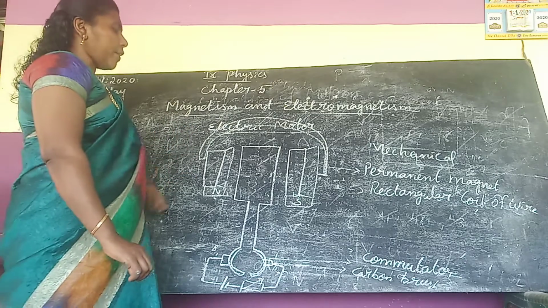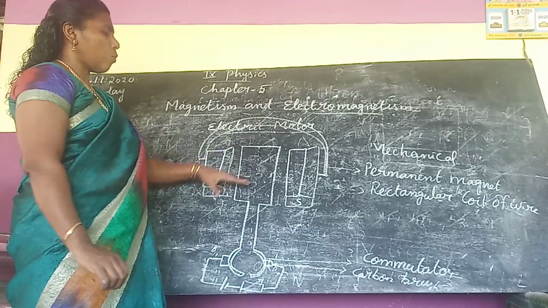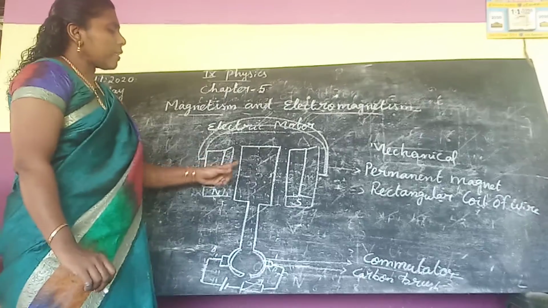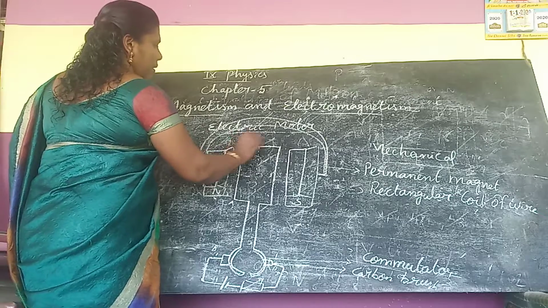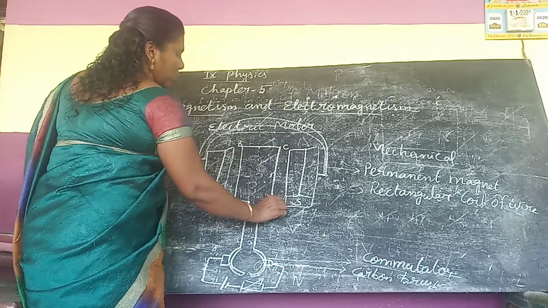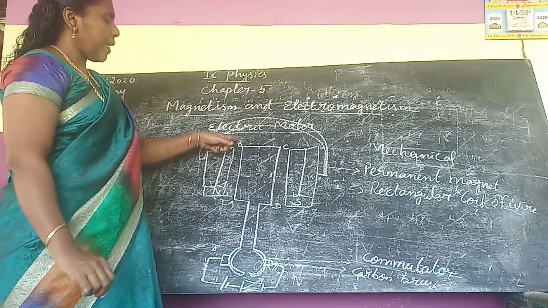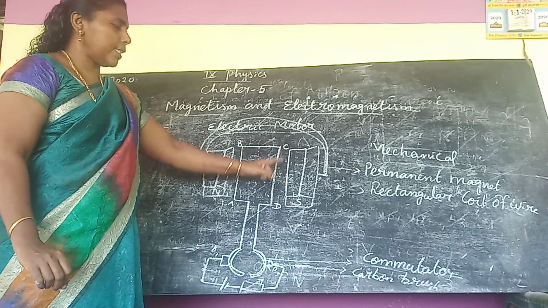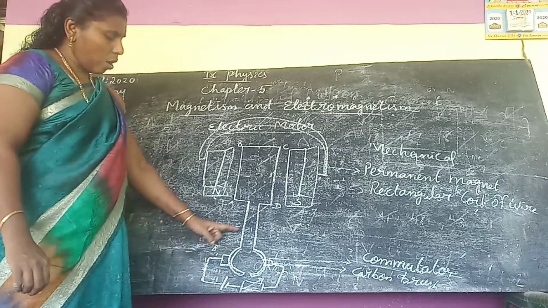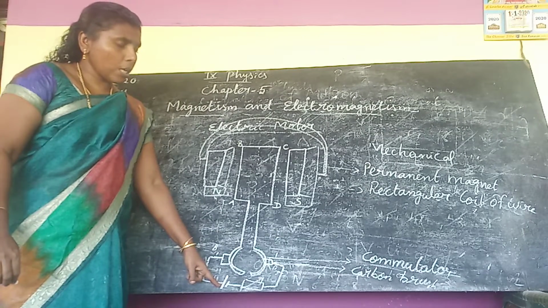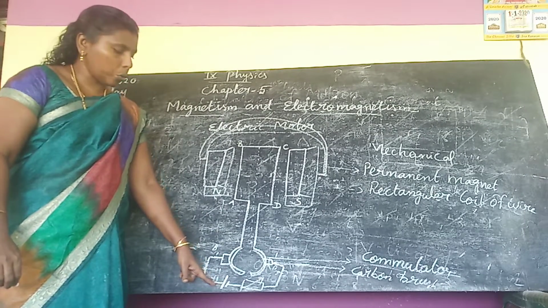Now, how does it work? We can see how the electric motor will work. It consists of two arms: one is A, B, and the next is C, D. Two arms, one arm is AB and the second one is CD. Now, as you all know, the current will flow from the positive terminal of the battery through this